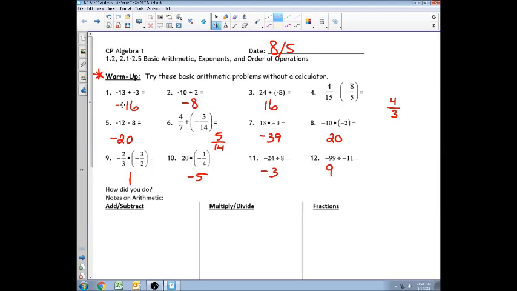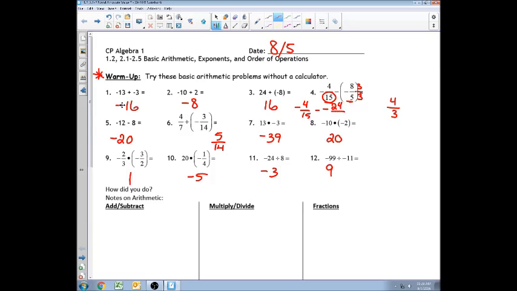Now, looking at problems 4 and 6, the first thing you need to remember is we have to have common denominators. The denominator is the bottom number of our fraction, so we need to find a way to make this 5 into a 15. In order to do that, we would have to multiply the 5 by 3. Anything that I multiply the denominator by, I also must multiply the numerator by. So I'd take the 8 times 3 and the 5 times 3. So I'd have negative 4 over 15 minus negative